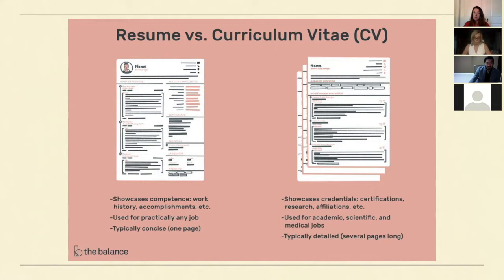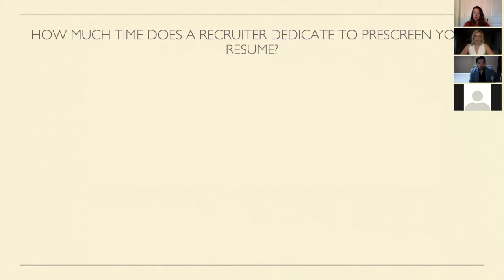So why is it important again? Next slide, please. Because how much time do you think a recruiter dedicates to pre-screen your resume? And I will ask Whitney to break you into smaller groups. And then I will ask each group either to speak or to put in the chat window your group result. How much time will a recruiter dedicate to pre-screen, to pre-qualify a resume? Please brainstorm and get back to me in 5 minutes. Okay, so